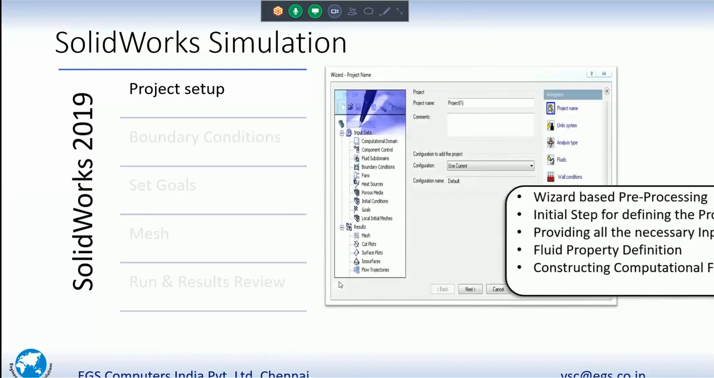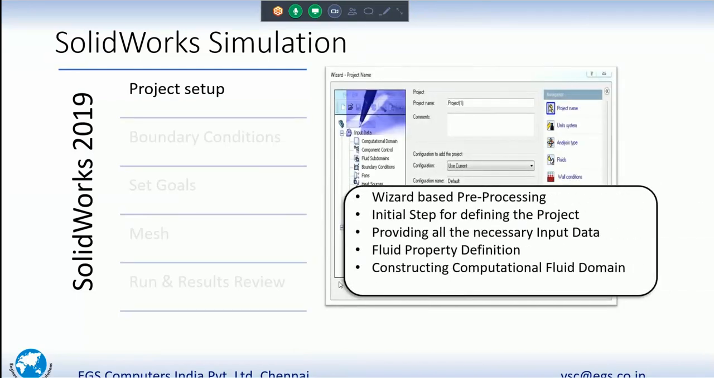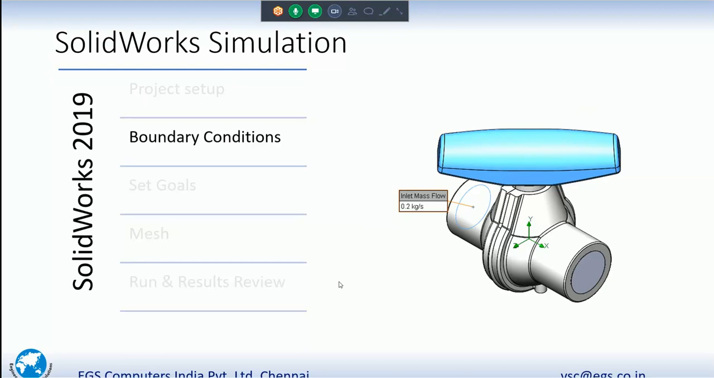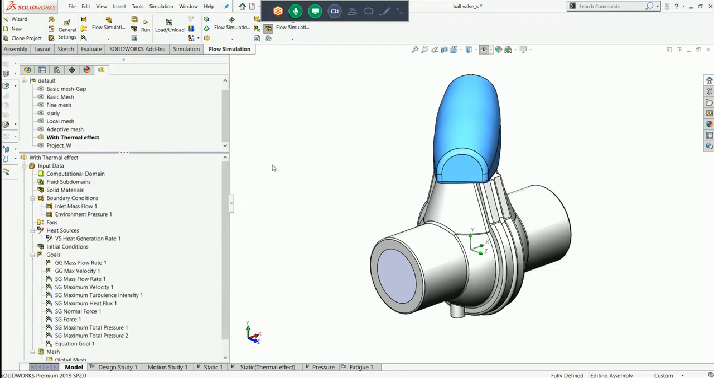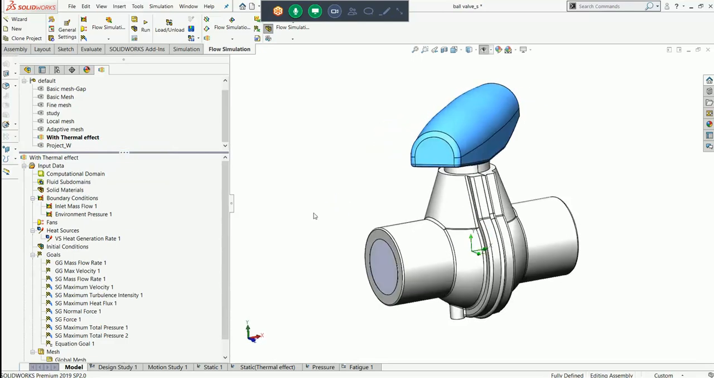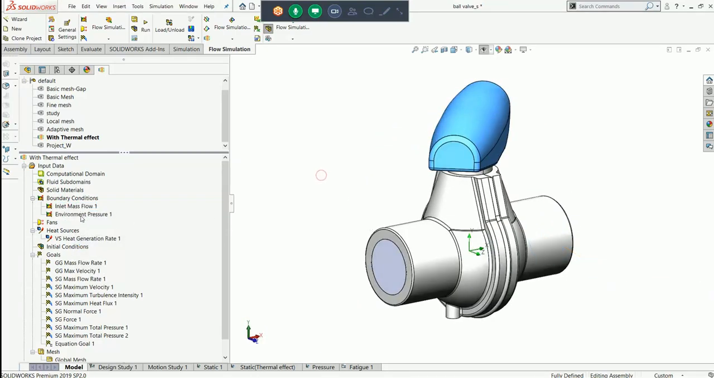So through this wizard-based option, we can initially set up the basic inputs for the condition. We will provide the fluid properties and the valve conditions for this particular model. Then the boundary conditions, the real-time behavior of this model. The boundary condition, what the pressure inlet and the pressure outlet will be, is defined here. So in this model, we defined an inlet mass flow of 0.2 kg per second and the outlet is an environmental pressure. So these